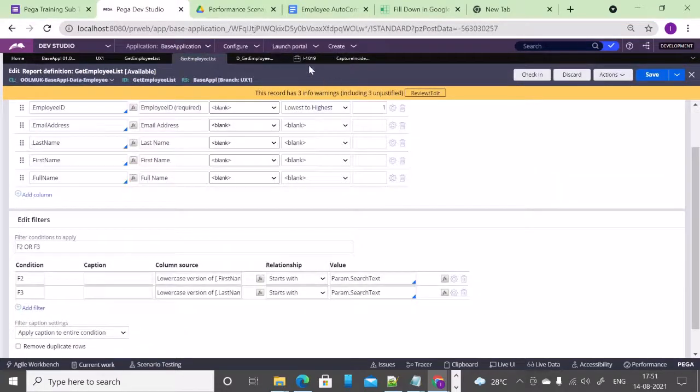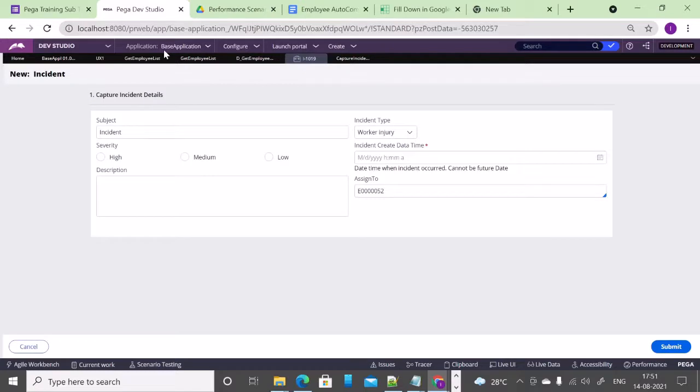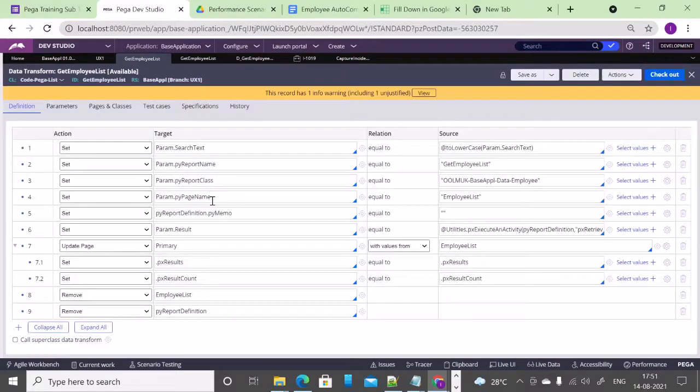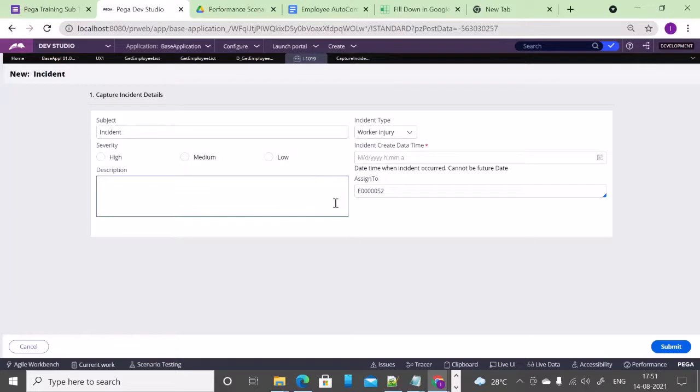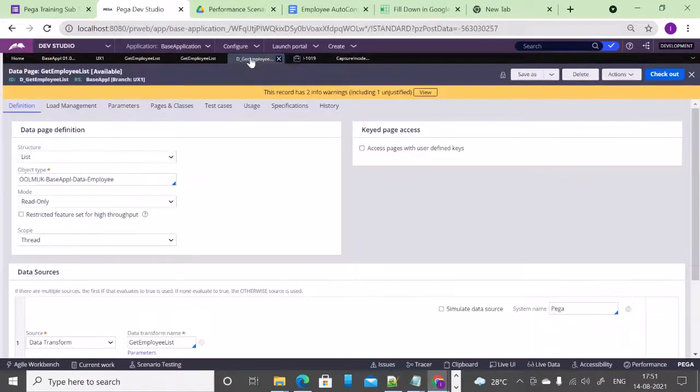A simple requirement you can blow up by just using a data page and report definition without taking care of any of the things discussed in the video. So the application performance becomes very bad. Even when there are small things being retrieved, we have to put a lot of thought into the best and most effective way of implementing it.